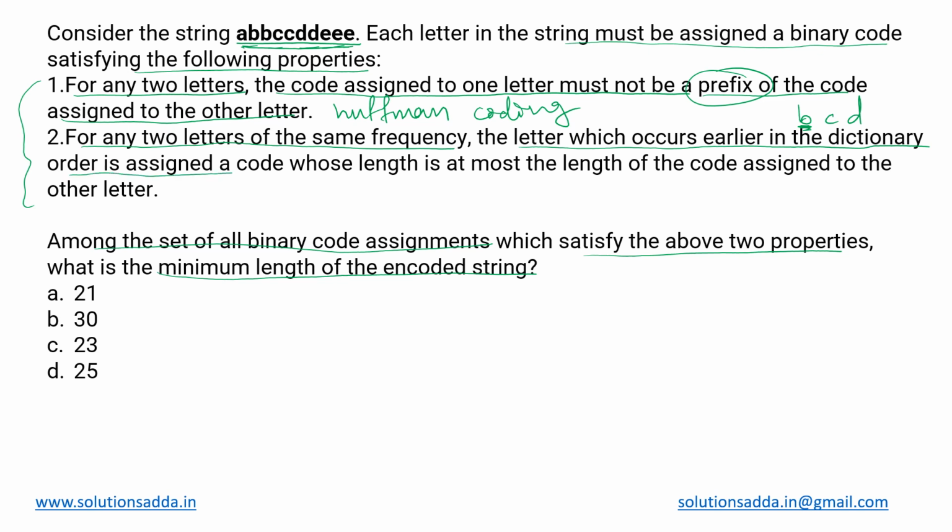It is assigned a code whose length is at most the length of the code assigned to the other letter, which means for the alphabetically smallest letter, the length of the code which will be assigned to that letter has to be at most, which means less than or equal to the length of the code assigned to the others. The one which comes alphabetically first has to get a smaller length code. And when does this happen? When it lies on the upper levels of the tree, because leaf nodes will get the maximum length code, and